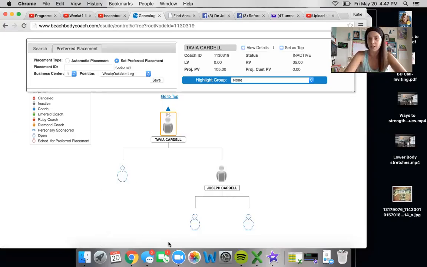She will then decide whether or not her next person will go on the outside right or the outside left. And that will be determined based off what that coach will be doing with their business and if it's their weak or their strong leg, which is something else we will get into at another time as well. But this is how you go about selecting where that coach will go: you go to My Business, My Downline, and then select Graphical Genealogy. You scroll down to your last possible spot and you look at what is